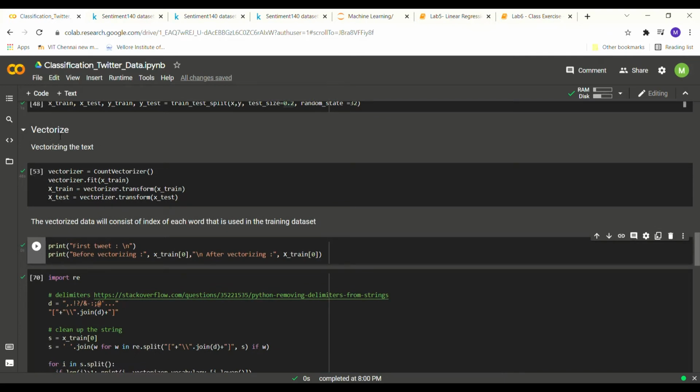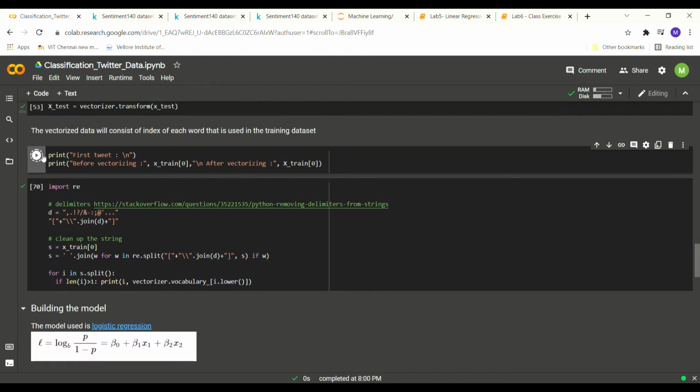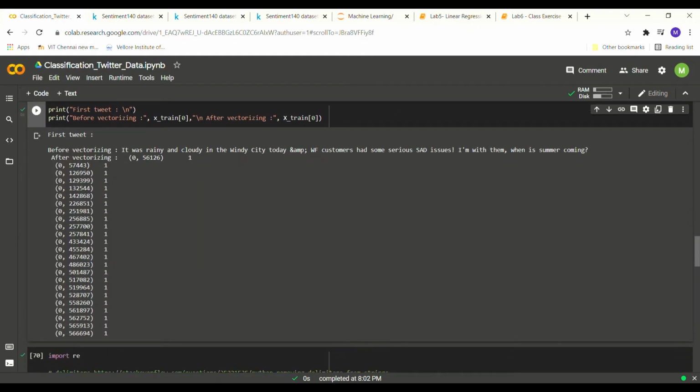The next step is to vectorize the text, and we'll be using the CountVectorizer, and we'll fit the training dataset into the vectorizer. After vectorizing the text, the data will be in the form of the index of each of the words that is used in the training dataset. Here we can see that the first tweet in the dataset is this.